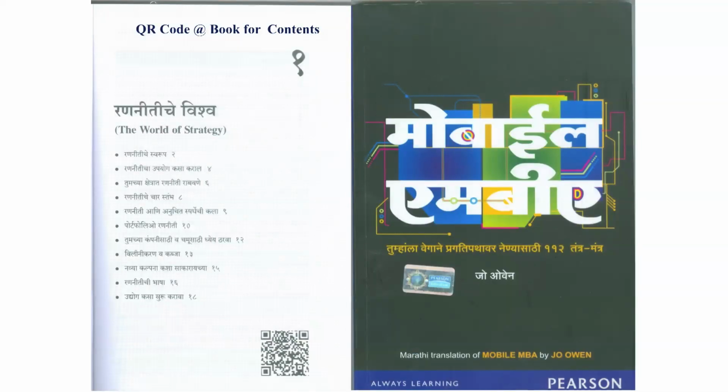Nowadays publishers are also coming forward and putting QR codes in their publications. For example, you can see on the left side of your screen, the publishers are creating a QR code and putting the contents of the book. This is a live example. You can see the contents of the book given, followed by the QR code. The moment you scan, all the contents of that particular book are visible on your mobile without any problem, and this is one of the innovative features.